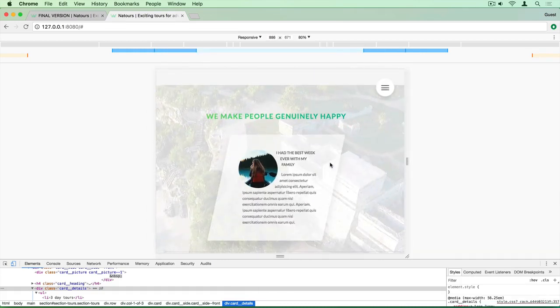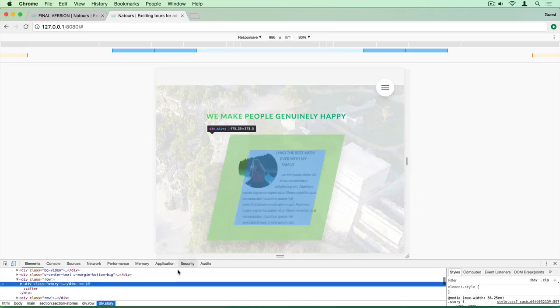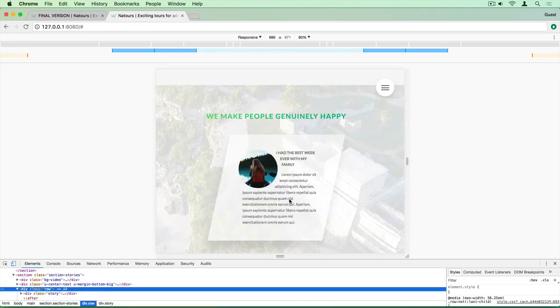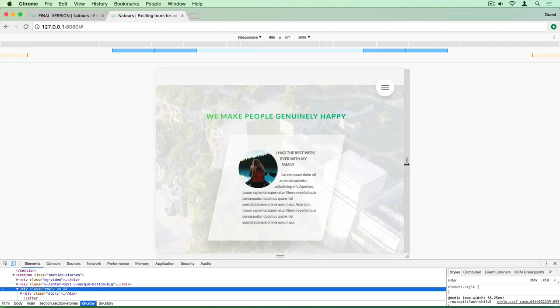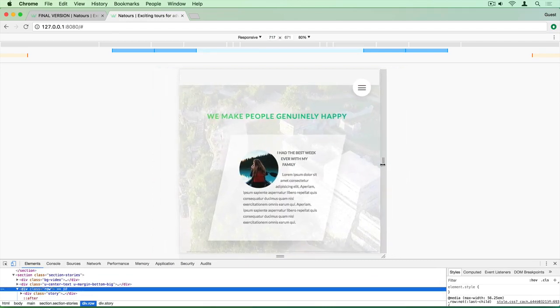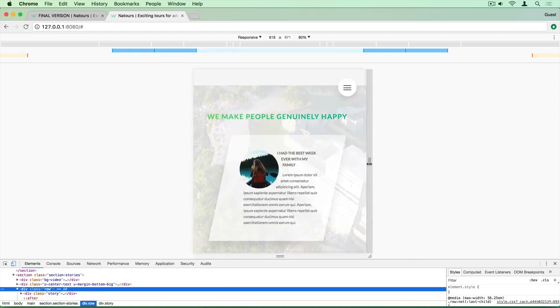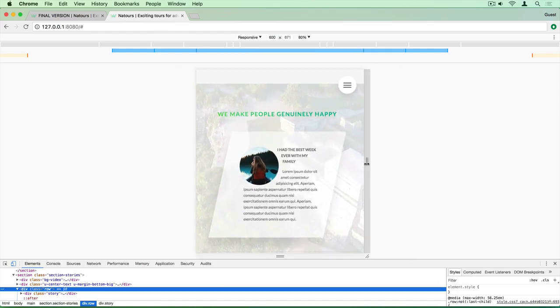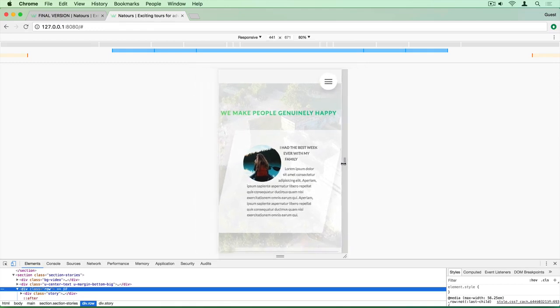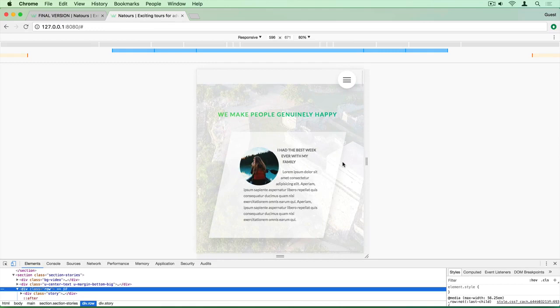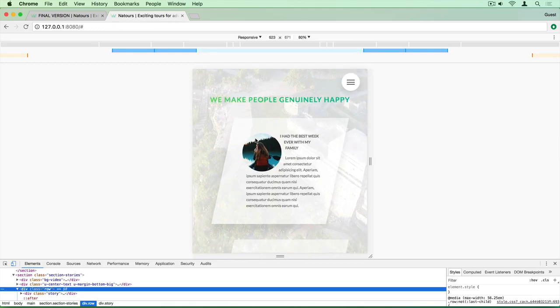Is it 90% actually? Let's take a look. Inspect. Okay, this is happening because of the row. The row is taking away that space. But it still looks okay, I believe, all the way until 600. So at 600 is when we should actually start to change things here, because up until this point it's still okay. So let's just remove some padding here, and then we can move on to the phone media